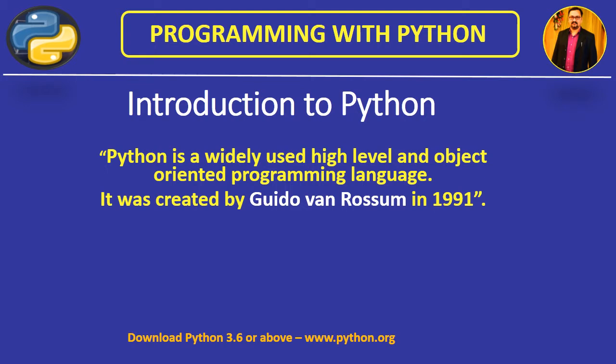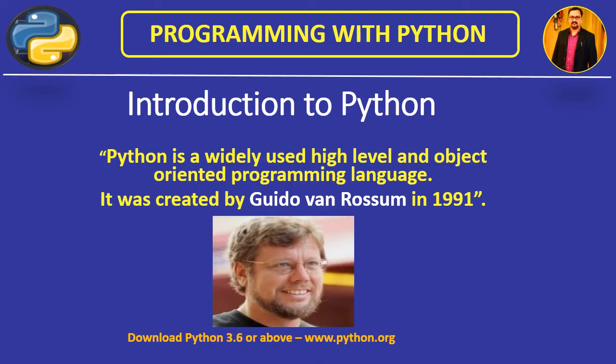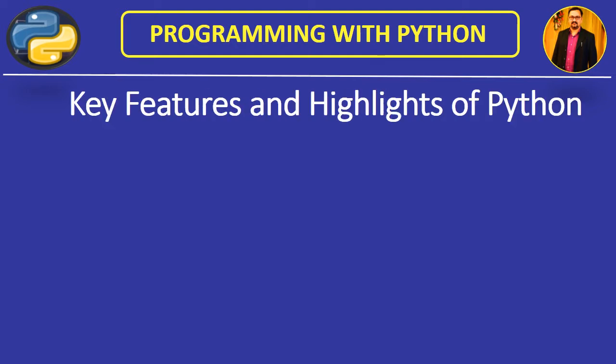Python is basically a high level language, and nowadays it is the most widely used language all over the world for making different kinds of applications. It was created by Guido van Rossum in 1991. He is the man behind Python who developed this language. If we talk about the key features of Python language,